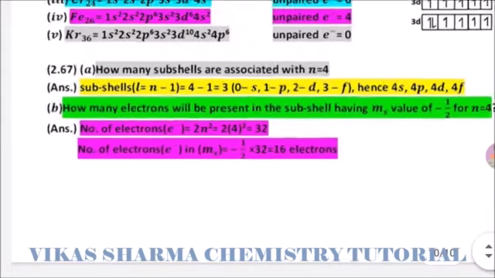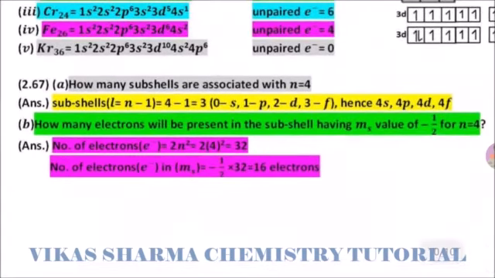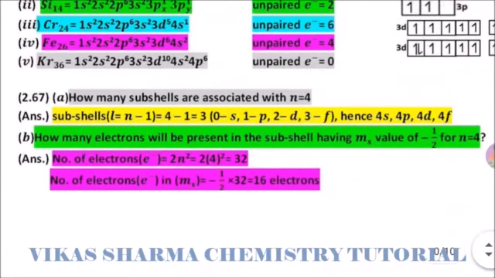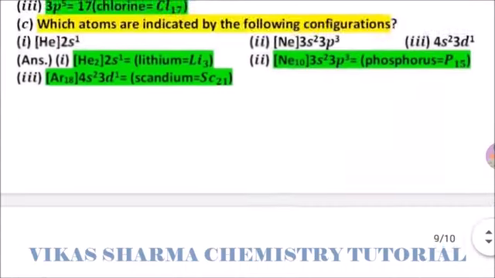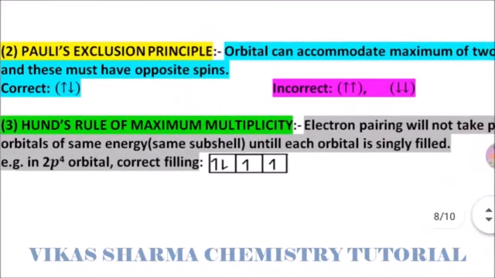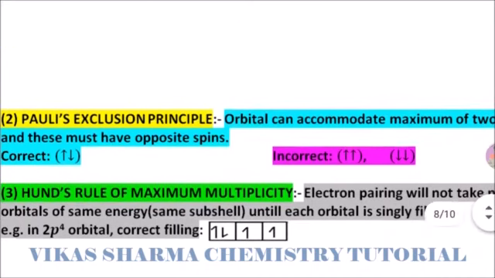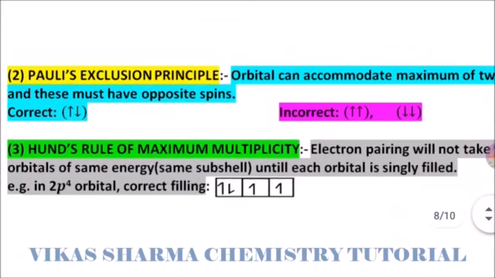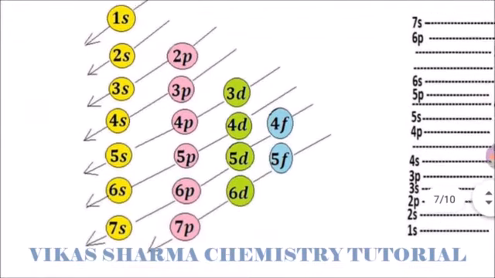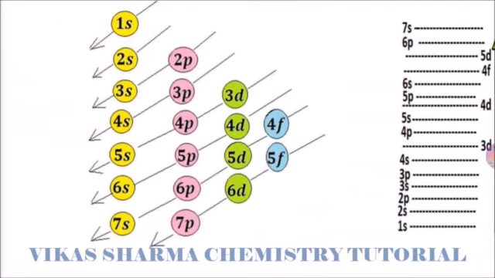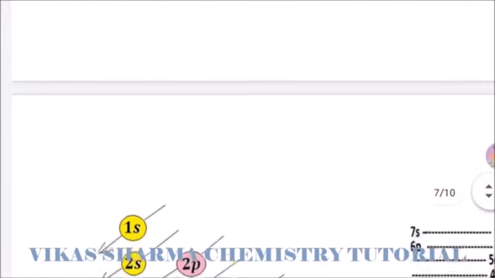So students, I hope this video is very helpful for you. After watching this video, you can understand how the electrons are filled. These are the NCERT questions. The condition of Hund's rule of maximum multiplicity: first the positive spin electrons are filled, then they start pairing. The Pauli exclusion principle gives the correct way of filling electrons in an orbital, and these are essential for you. You can learn from the above series how electrons are filled in orbitals.